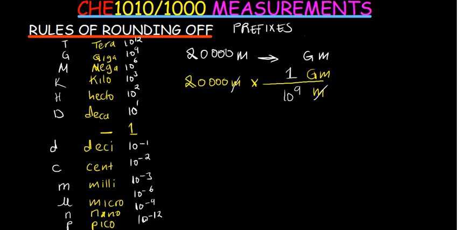All we do is simplify. We know that when dividing with the same base, we subtract the powers. So we get 2 times 10, subtracting the power starting with the one on top. So 4 minus 9 is going to be negative 5 gigameters. So this is going to be the answer: 2 times 10 to the power negative 5 gigameters is equal to 20,000 meters. So if you are talking of, let's say,